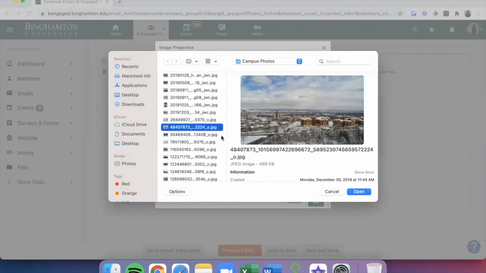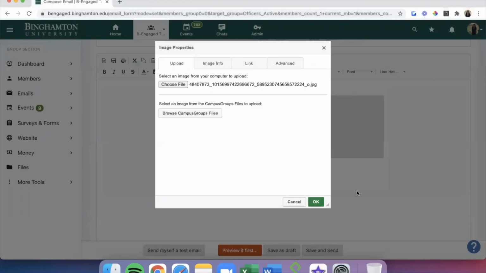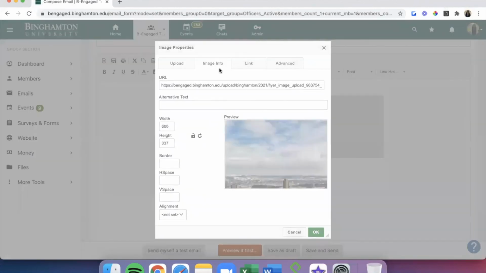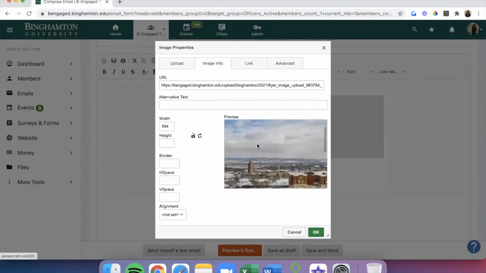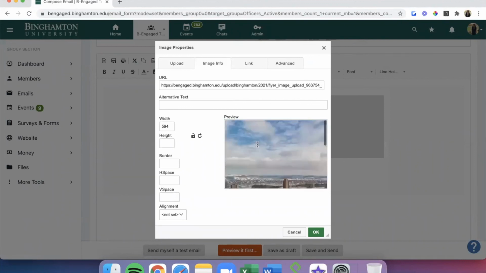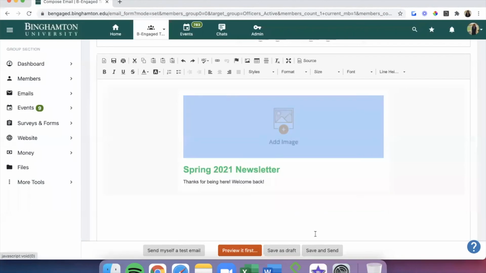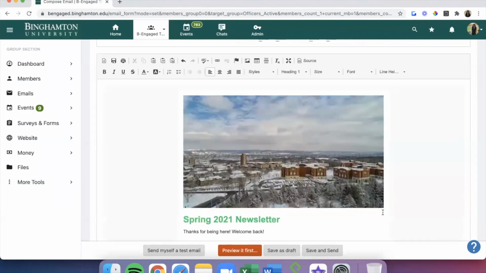We'll choose an image, click Open, wait for the image to load, click the OK button, and we'll see our image at the very top of our newsletter.